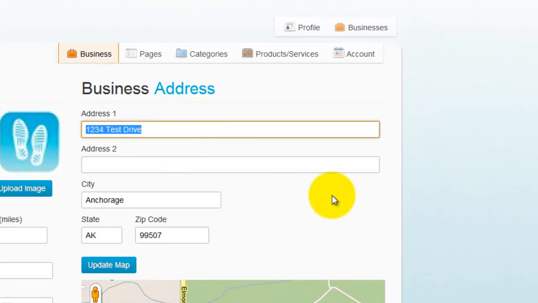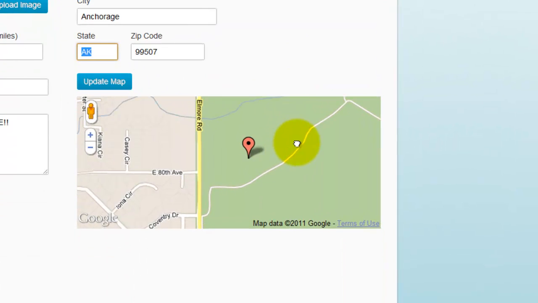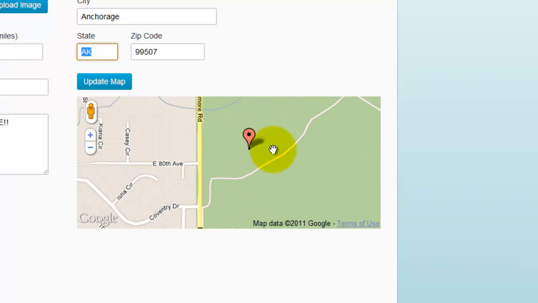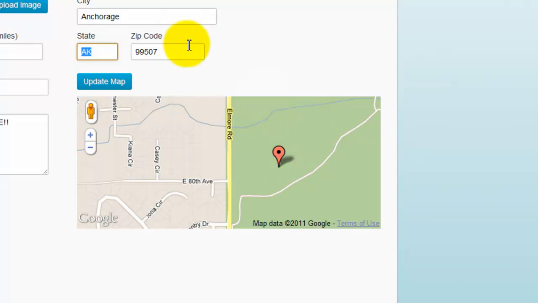Next step, type in your address. 1234 Test Drive sounds great. We're still going to go with Anchorage, Alaska. And here's the important part. Now, I do not live in the middle of a park. I'm not going to tell you where I'm at. I'm in Anchorage, Alaska. But if you don't see your address, if you type in your address here,